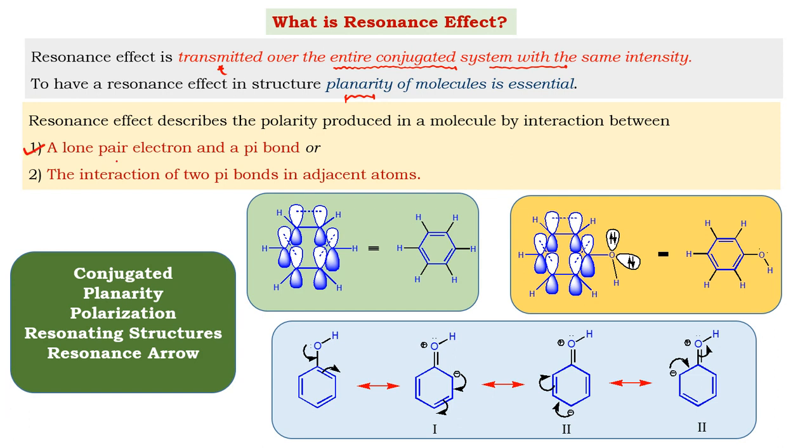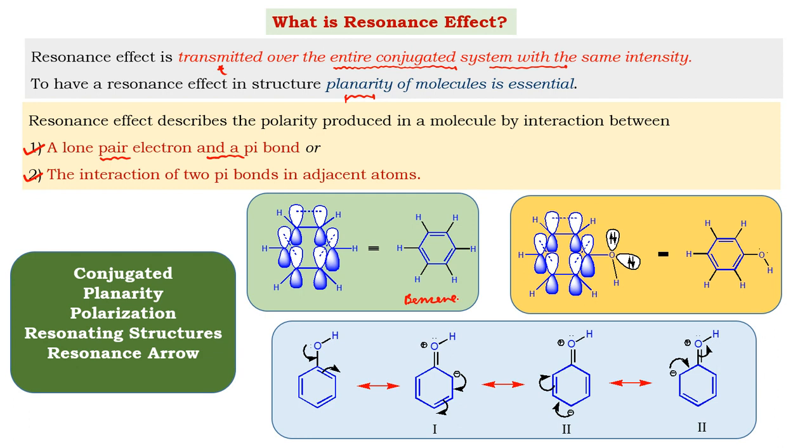First thing, a lone pair and a double bond, if they are in conjugation, will show resonance. Second thing, two double bonds, if they are in conjugation, will show resonance. Let's take two examples over here. As you are seeing the